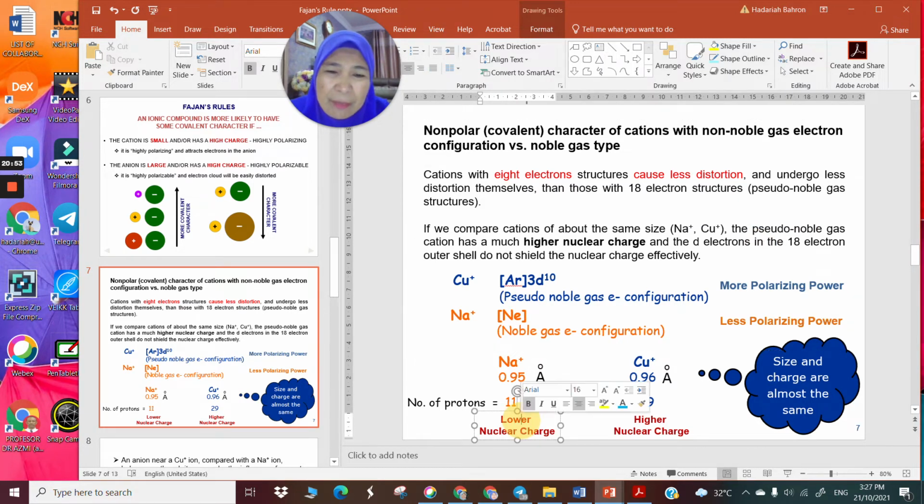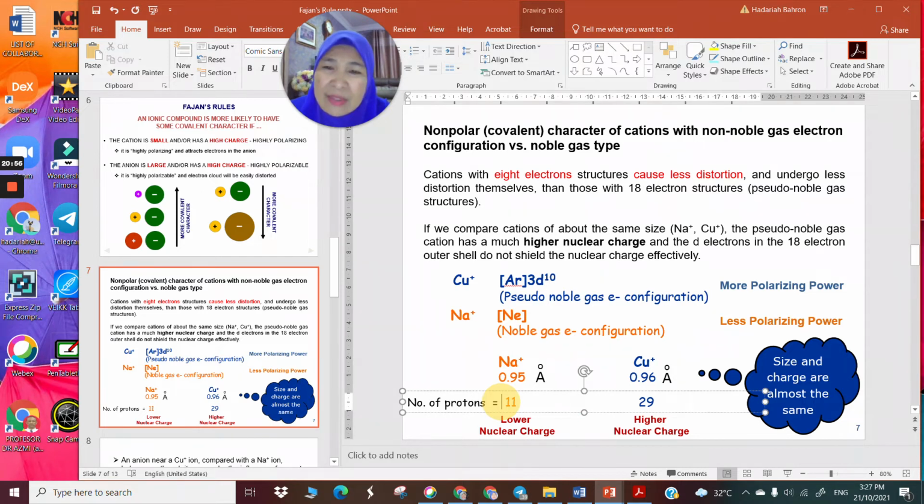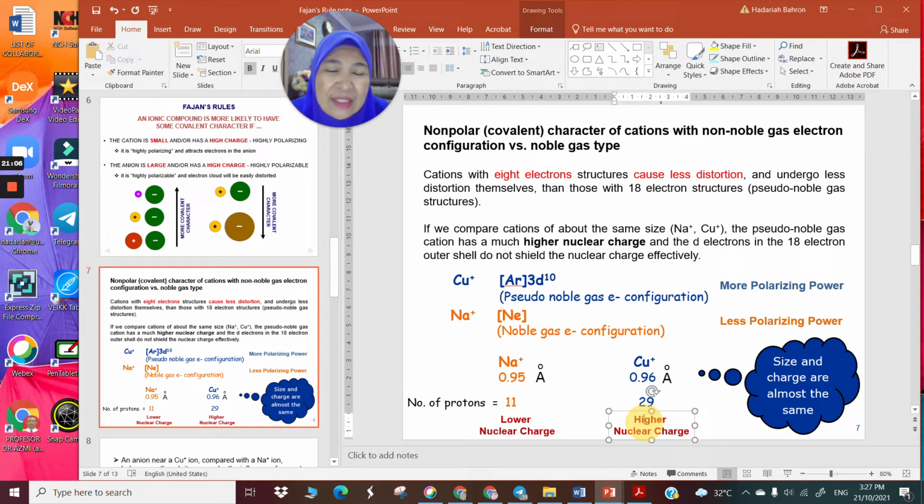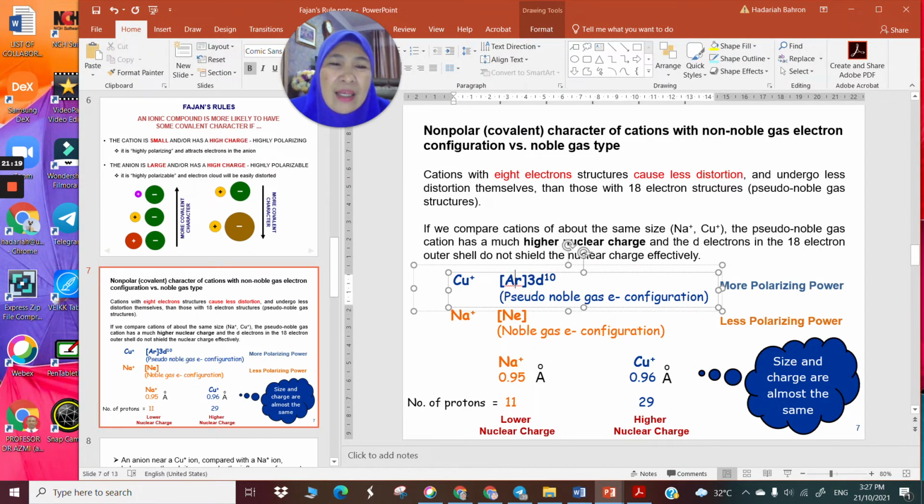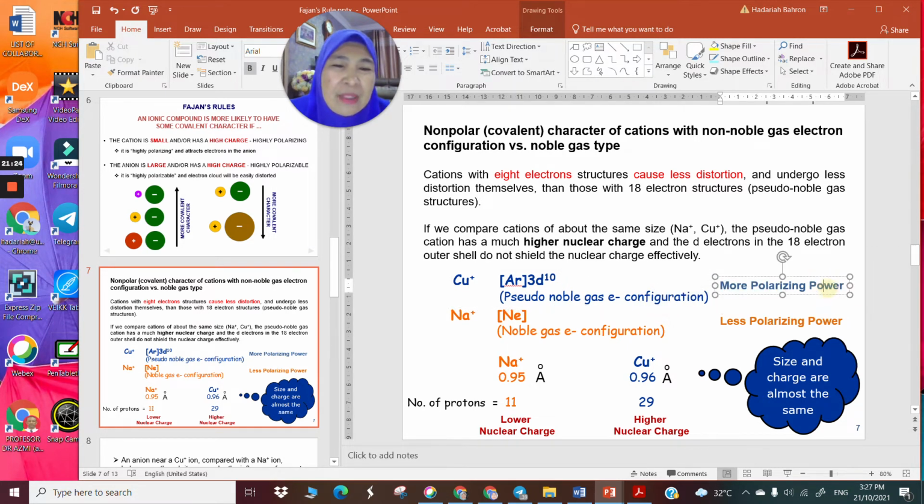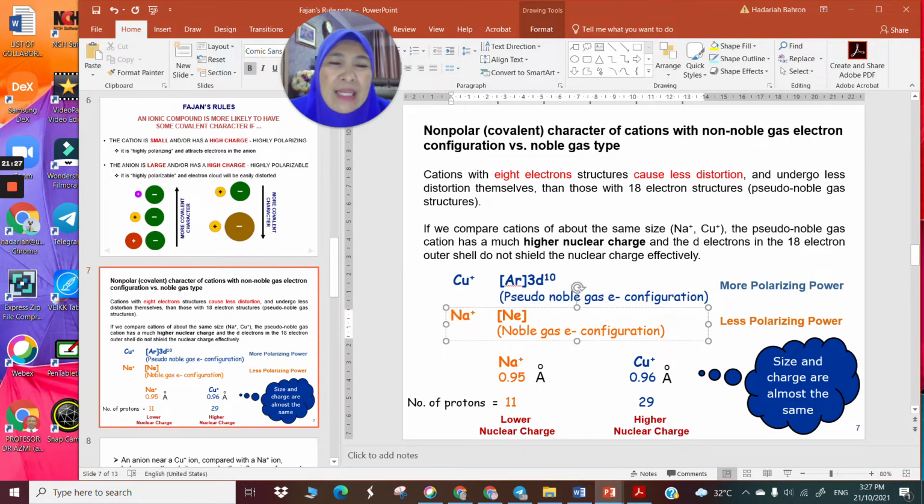If you look at Na+, the number of protons is 11 because the atomic number is 11, whereas for copper, the number of protons is 29 because the atomic number is 29. So copper has higher nuclear charge than sodium. That means copper has more polarizing power compared to sodium. So Cu+ with a pseudo noble gas electron configuration has more polarizing power than Na+ with the noble gas electron configuration,